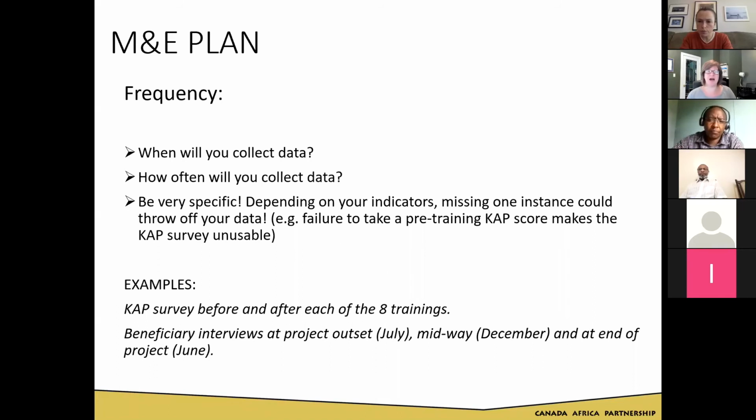overstretched. I think it's very important not to drop the ball on monitoring and evaluation, not because of the funders, but because of ourselves. I know I personally find it incredibly motivating when I'm involved in a project and I can see the results are coming true. I find that to be really motivating, and it makes me feel good about what I'm doing,